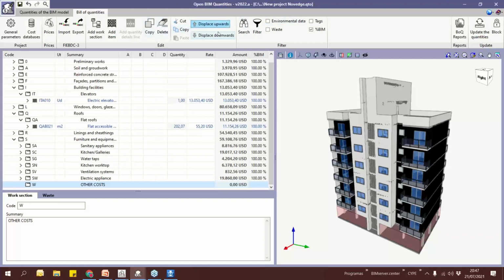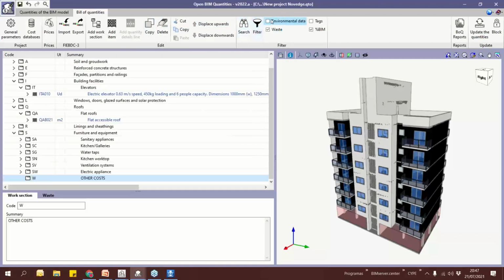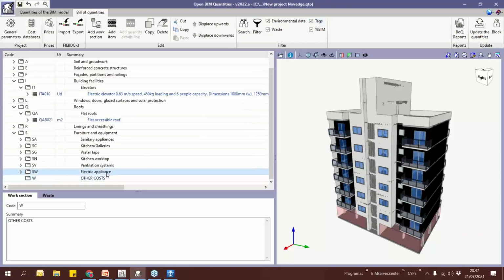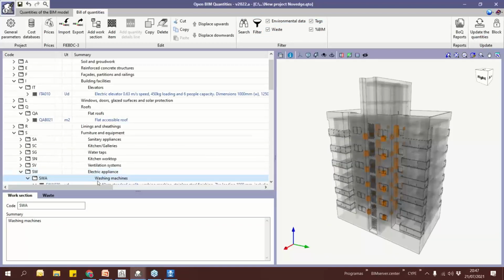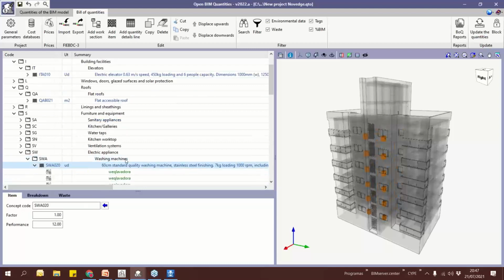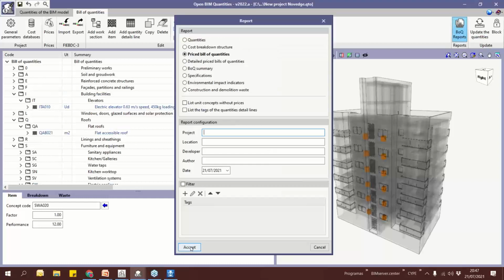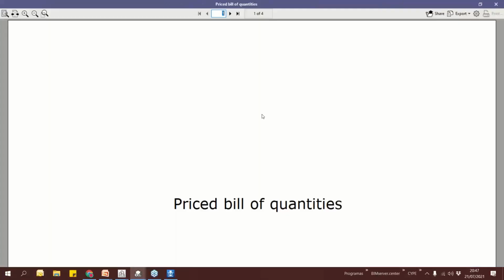Well, here we have some options to filter, to search, to visualize the waste generated, the environmental data. We can add new tags to the different elements in order to filter in an easy way. And in the end, as I showed you before, we have the possibility of generating these reports. This one is the priced bill of quantities. So if we generate it,